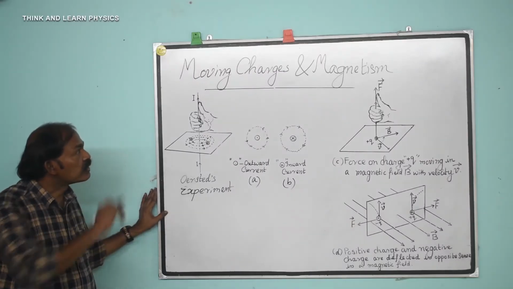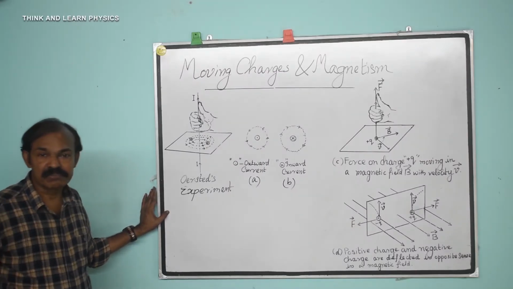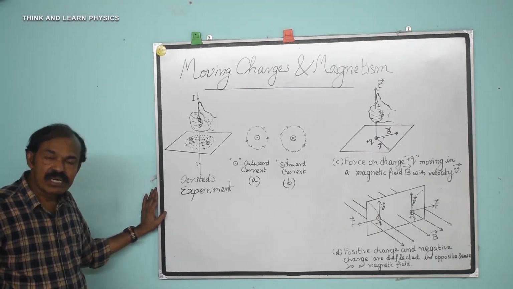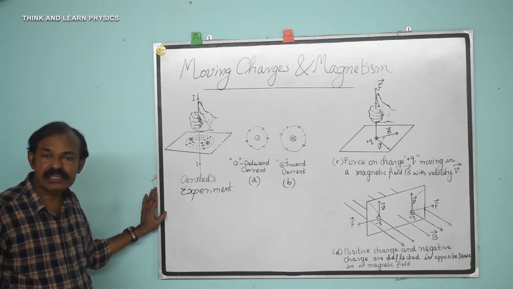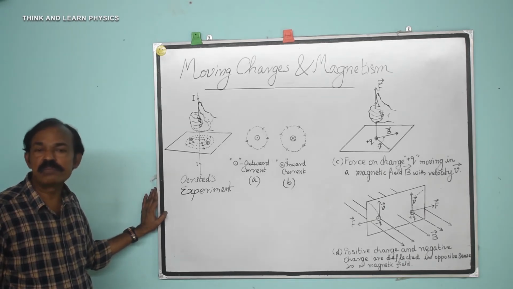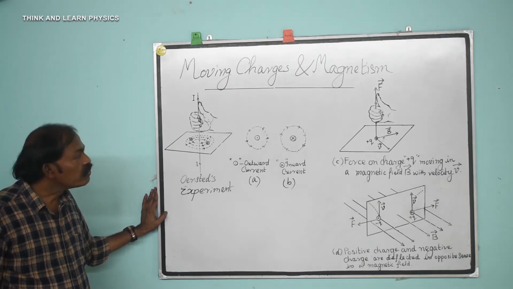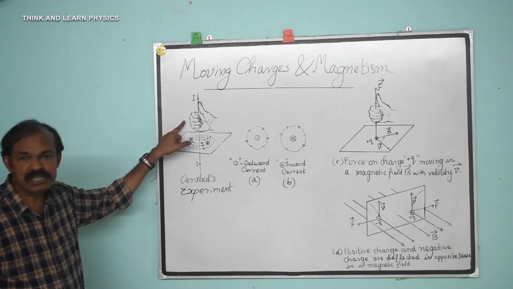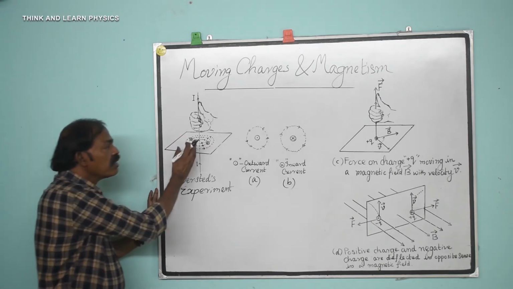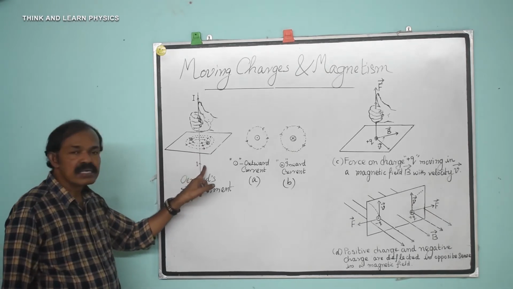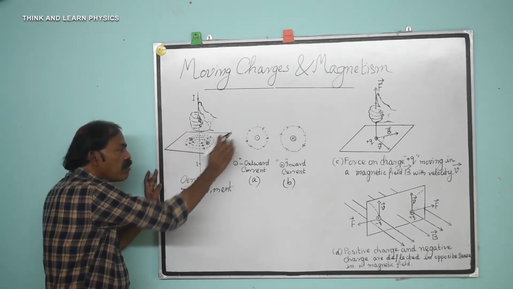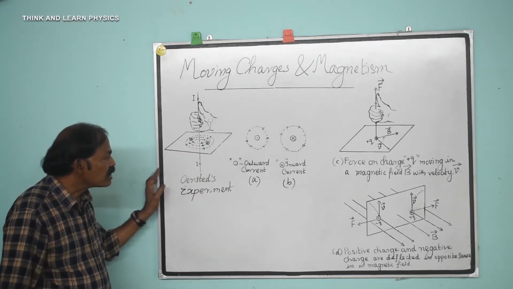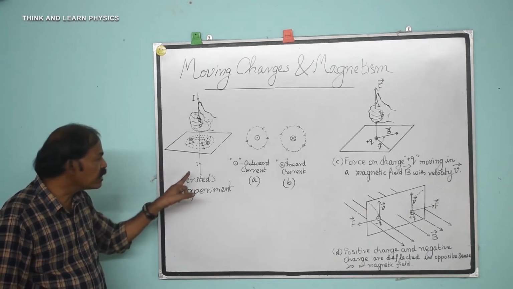Now we are going to study moving charges and magnetism. From our earlier studies we know that when a current is passed through a conductor, a magnetic field will be produced around the conductor. To demonstrate it, here there is an arrangement. In this arrangement, a conductor passes through a horizontal cardboard, carrying a current